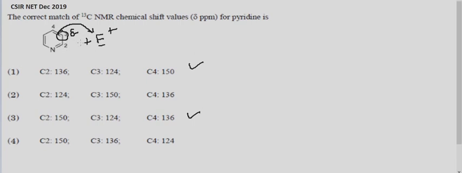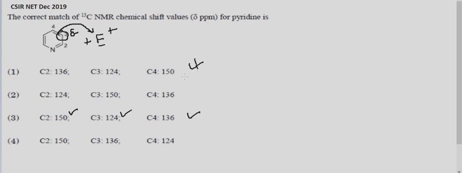Now you go to the old principle that carbon atom number 2 is attached to the electronegative nitrogen, so the electron density will be pulled, and the electron density at carbon 2 will be comparatively less than that of 4. So when it is more deshielded, it takes up a higher value. You could see that C2 is taking up 150 and C4 at 100. So the right option is option C or option 3 in this case, whereas option 1 is wrong.